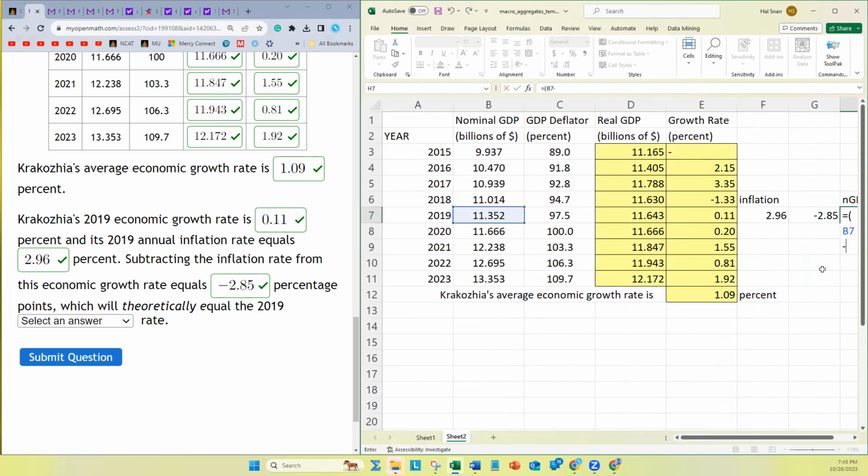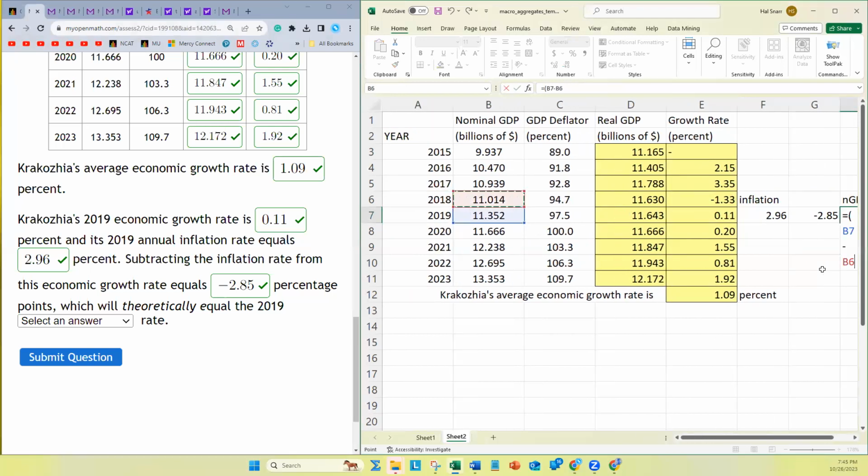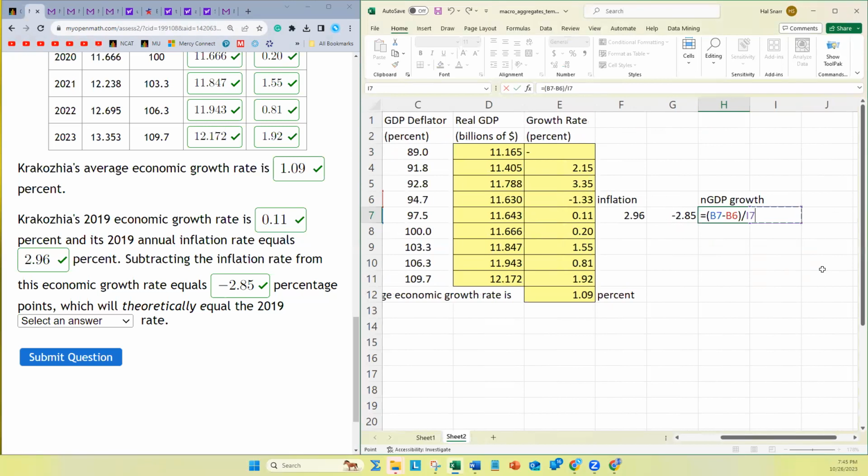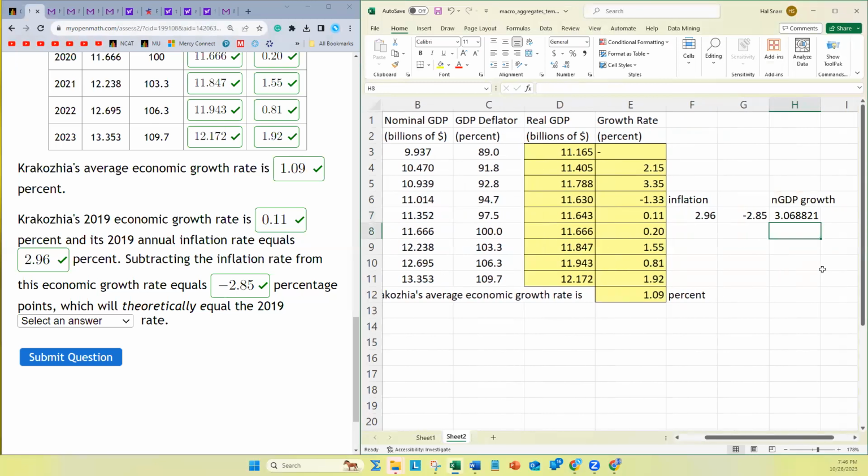I'm going to subtract it from what it was in the year 2018, year before, right? And divide by what it was the previous year in 2018. I'm going to multiply that by 100%, right? Okay, my nominal GDP growth rate